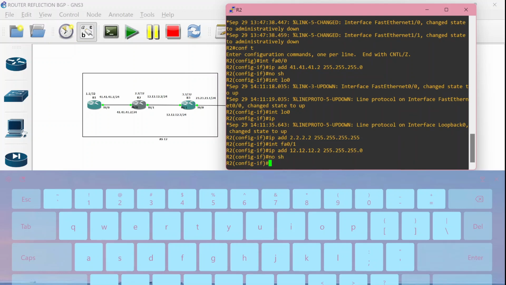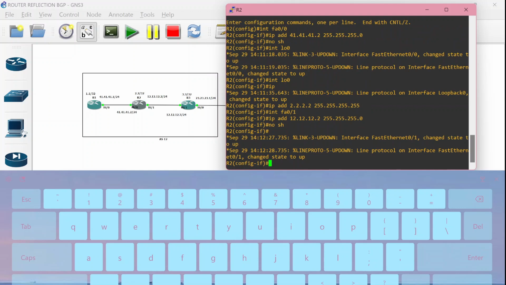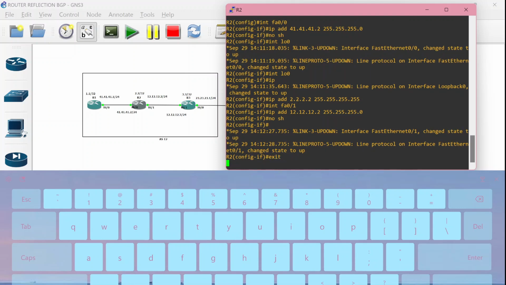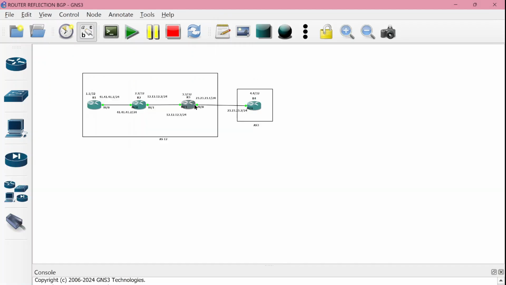No shutdown to turn on the port. Don't forget to always use no shutdown. Exit and we can switch the router.